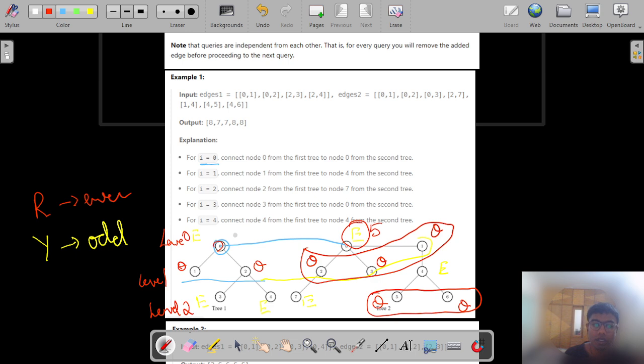So as we said, this would take up 3 plus 5, and this would be the value that we see here for the node 1. Similarly, let's look at the node 1, and we see there are 3 even nodes in the tree 1,